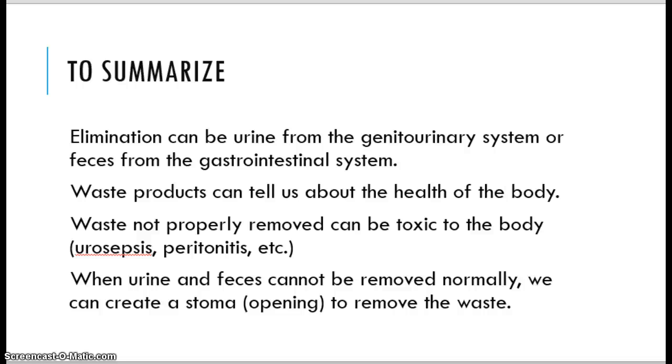So to summarize some of the things that we've talked about in this elimination medical terminology review, elimination can be either urine or feces. They come from two different body systems. Waste products tell us about the health of the body. If you have hematuria, blood in the urine, that's an unhealthy finding. And so when we look at waste products, it can help us to know what's going on inside the body. Waste not properly removed can be toxic to the body, like a urosepsis or a peritonitis where the diverticuli breaks open. And when urine and feces cannot be removed normally, we create an opening or a